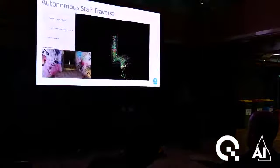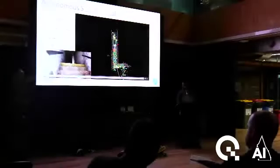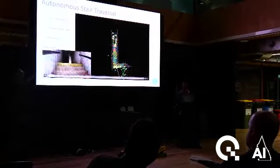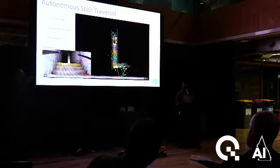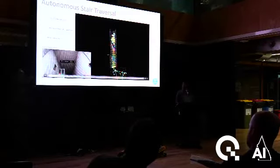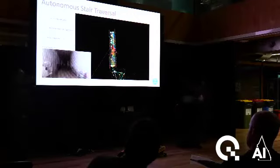The next one, it's a bit of a complex slide, so I'll try to explain what's going on. So this is Bluey, the second legged robot that was deployed into the circuit. So this is again beyond comms range, exploring autonomously. So this is detecting stairs, going upstairs by itself, and on the right hand side, what you see is all